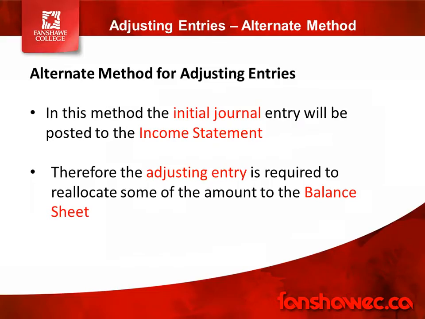The second method that we need to talk about for adjusting journal entries that I already mentioned was the alternate method for adjusting entries. This is the one that's a bit different than what you're used to. It's essentially the reverse of what we did with the standard method. In this method, the initial entry doesn't go to the balance sheet, it's actually posted to the income statement